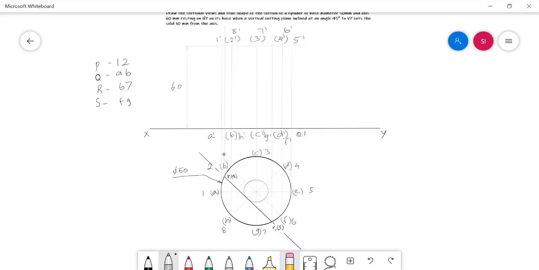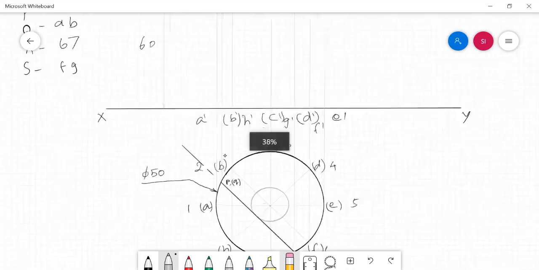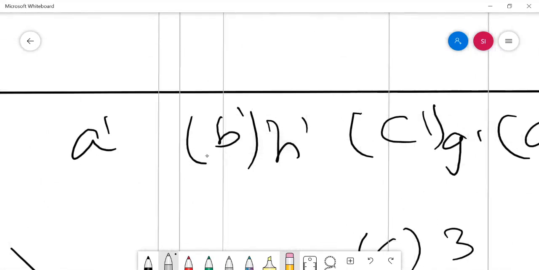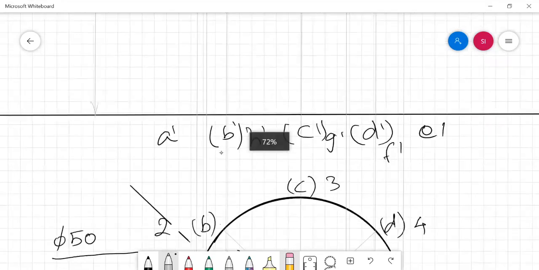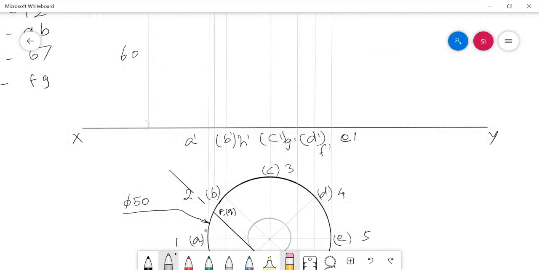This common projector is carrying the points P and Q in order to mark P dash and Q dash in the front view. Wherever this projector cuts the 1 2 piece, we need to mark P, and wherever it cuts the AB piece, we need to mark Q. So now this projector is cutting the A dash B dash span here. This line is nothing but the front view of the arc AB.